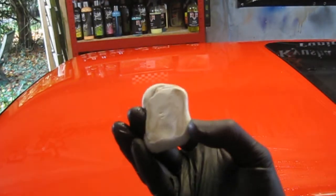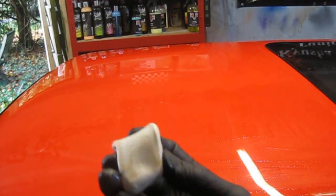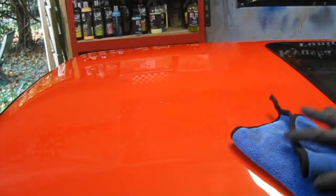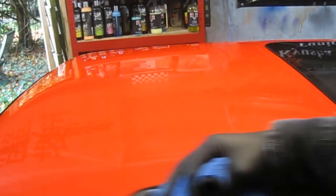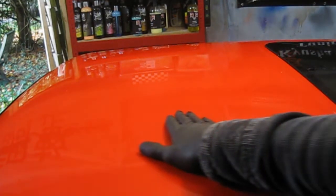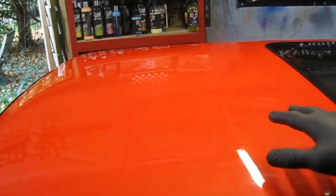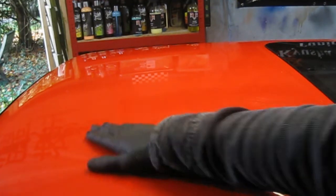Look, you see all the dirt coming out of the paint there. And we just get that wipe over. And that should be nice and glossy and clean, which it is. So now it's just a long old process. I go all the way over the car, like I said. I even use this on the glass as well to actually clean the glass up, get rid of all the dirt as well. And then when I've done that,